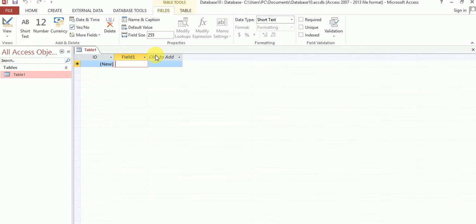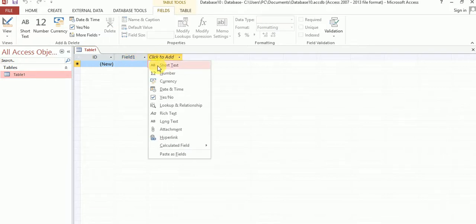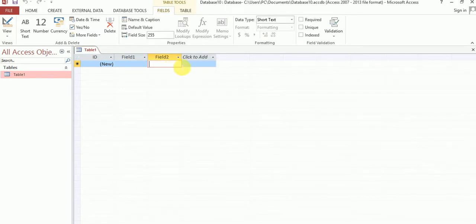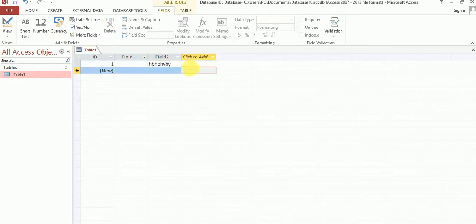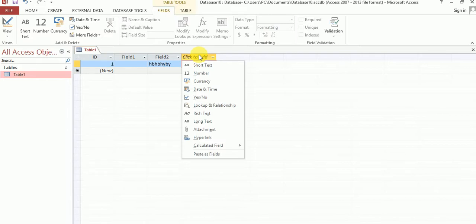Suppose I want to insert a new record. You can see my record automatically shows short text, number, currency, date, and so on. Suppose short text: double click on this and type any text. Now I want to insert another record in the phone number column.